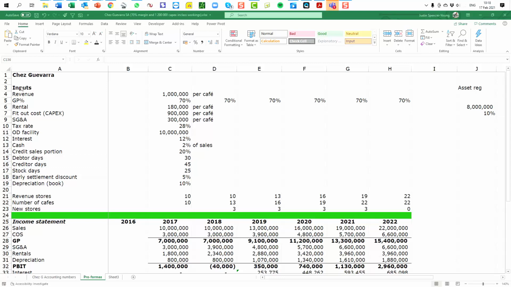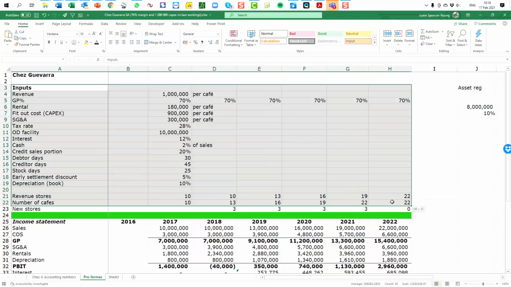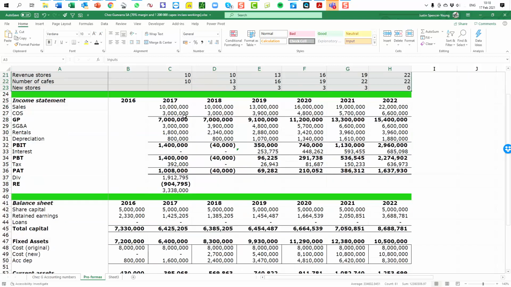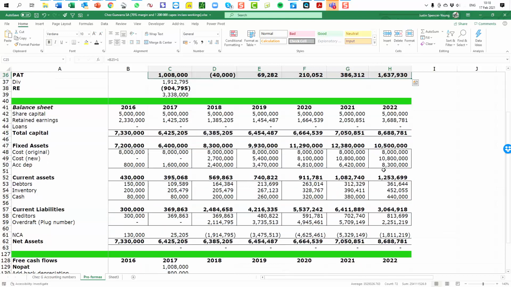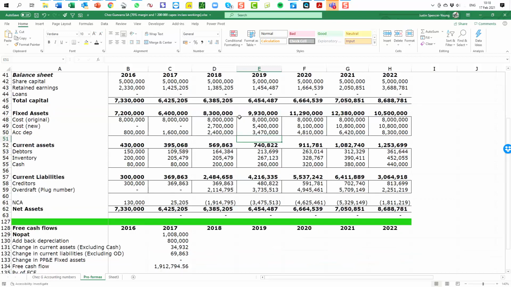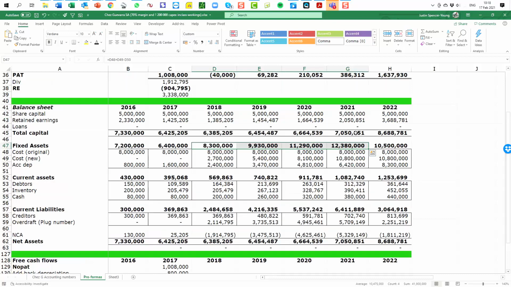So far we have completed a series of inputs that are our assumptions about the future. We've been able to complete the income statement forecast, and we've completed the balance sheet forecast. And let's just notice a few things here about the balance sheet forecast. The value of the assets is obviously growing up until year 2021. It declines in year 2022 because it's being depreciated and we are no longer investing new capex.